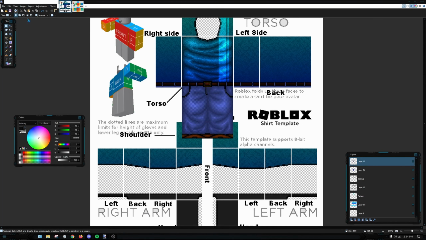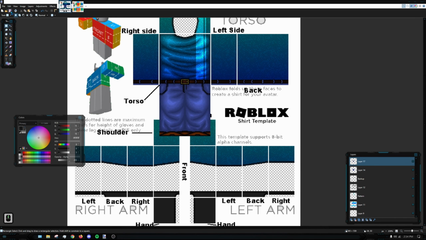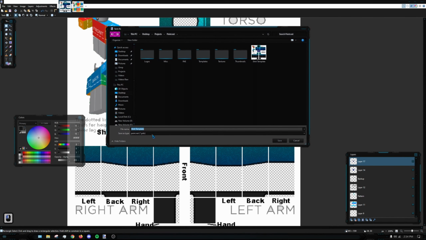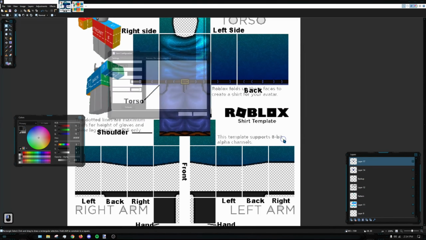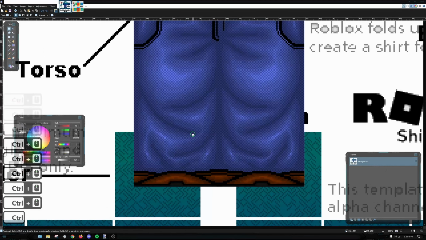So, what we're going to do now that we have everything shaded down here on the legs, we're going to save as, but don't save just yet. We're going to go to PNG and name this something entirely different from what your actual file is. Just name it something entirely different, and save it in a place you can find it. Click OK, flatten. And it's going to flatten this. So once you have this flattened,